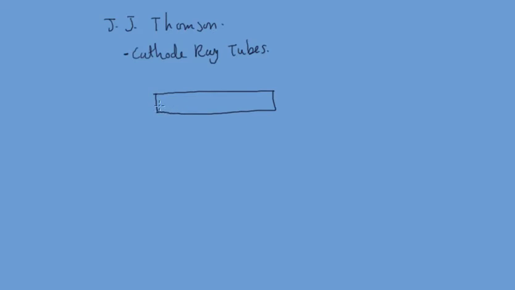So he had his cathode ray tube, and there are his cathode rays, and what he did was he put a magnet here. Well, this is not very sophisticated, but you get the idea. And what he discovered was it caused the ray to bend. And so from this, he deduced